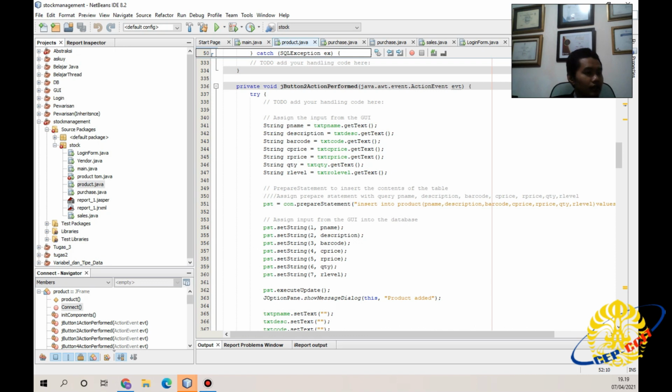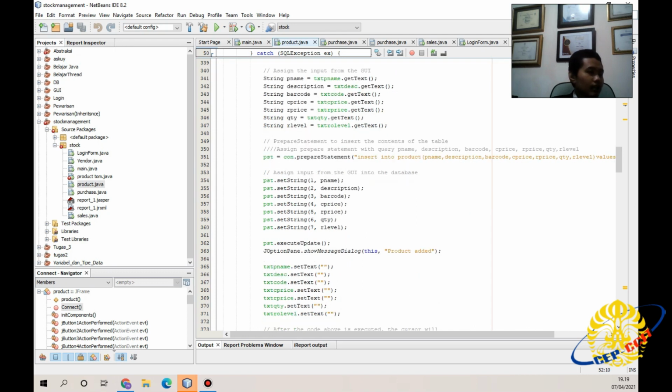String cprice equals txtcprice.getText. String rprice equals txtrprice.getText. String quantity equals txtquantity.getText. String rlevel equals txtrolllevel.getText.